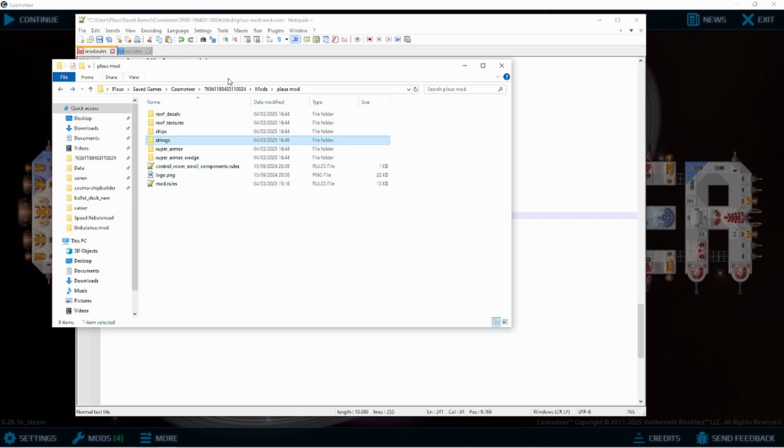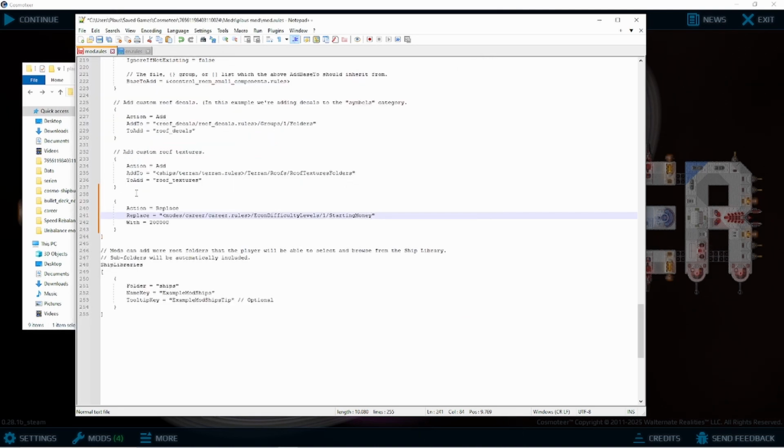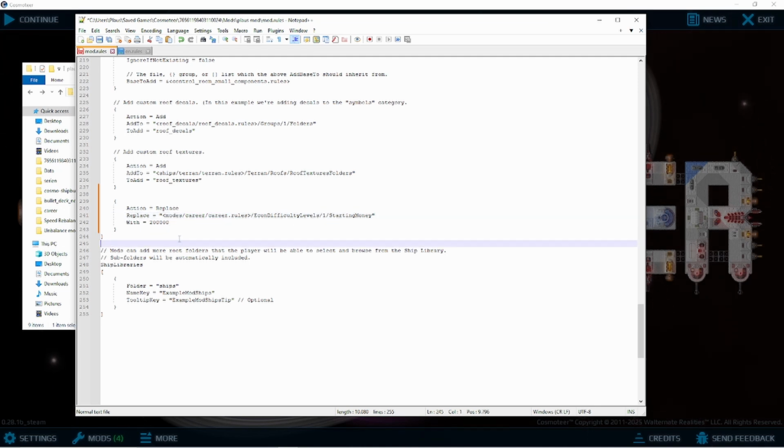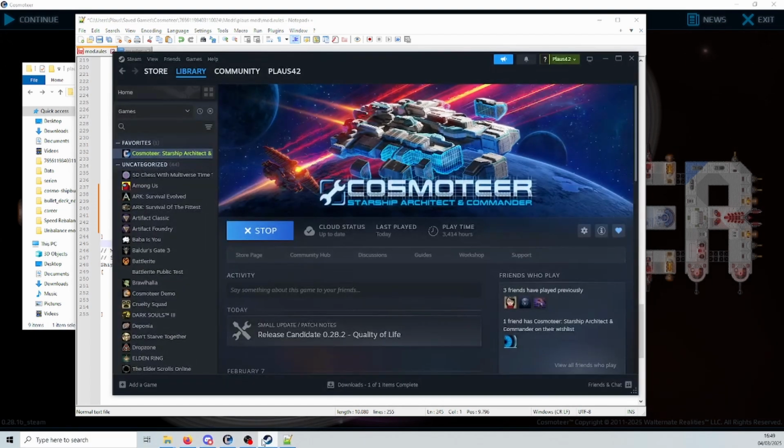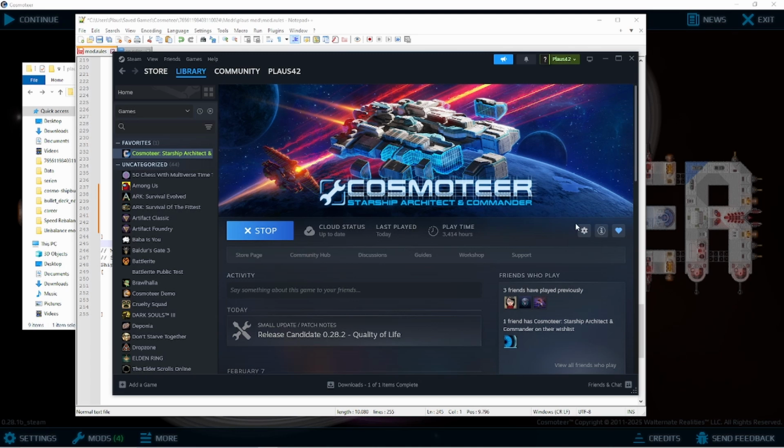What we are currently replacing is right. We don't know where all the things are. Like, how do we replace the damage that the blaster is dealing? For that, you can search in your game files. For that, the easiest method is to open up Steam, click on your game properties,